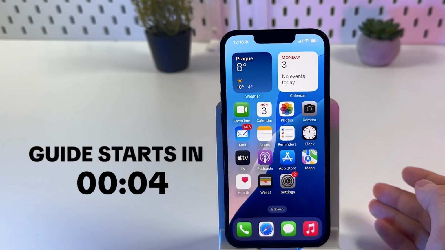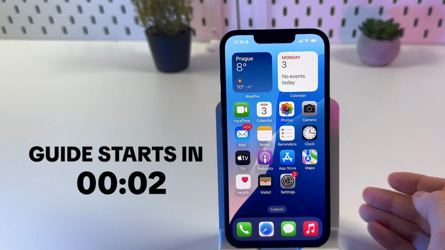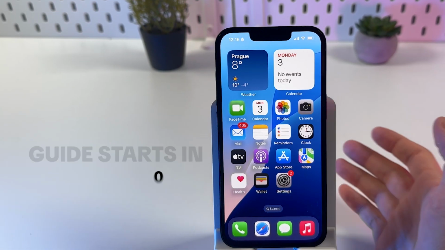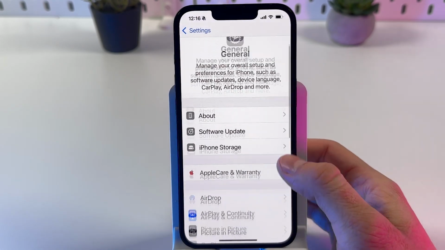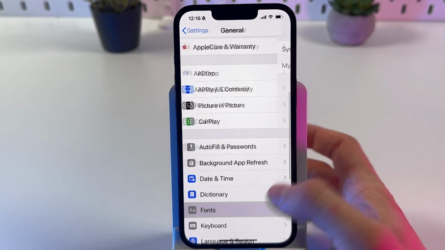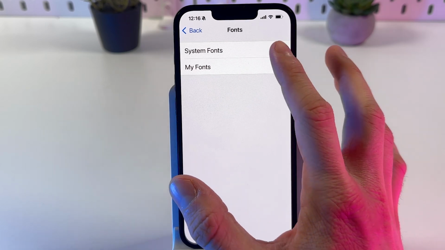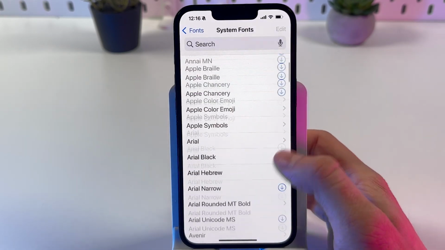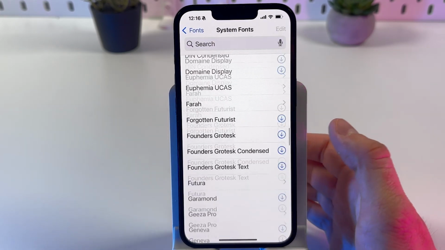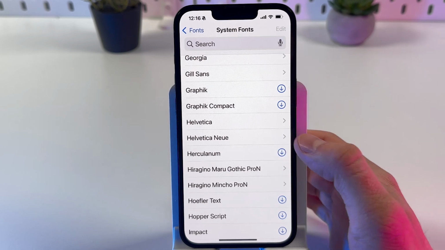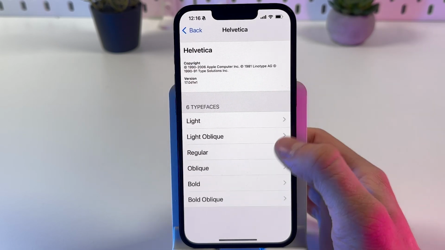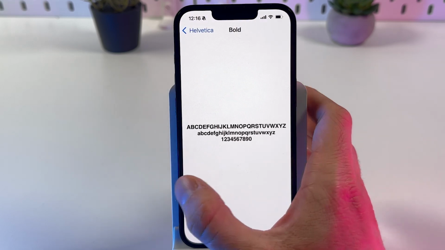If you want to change font style on your iPhone 16e, first of all, open up your settings. After that, scroll down to the General tab and find the Fonts section. Now press System Fonts, and here you'll see all the fonts which are pre-installed on our system. If you need any of them, tap here to install them, so you can go through the typefaces which this